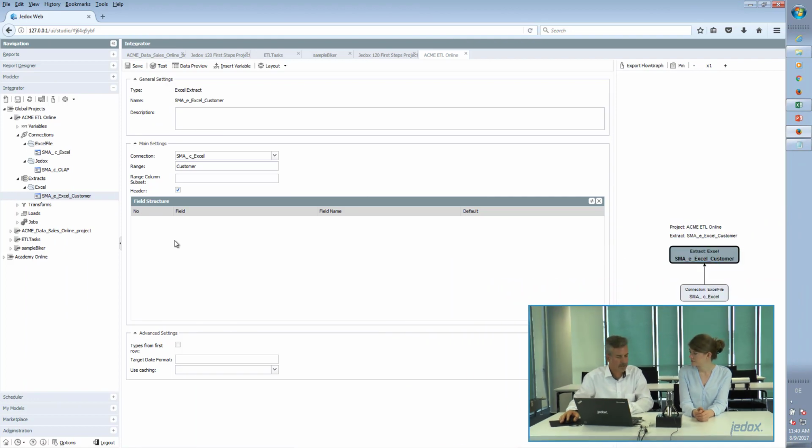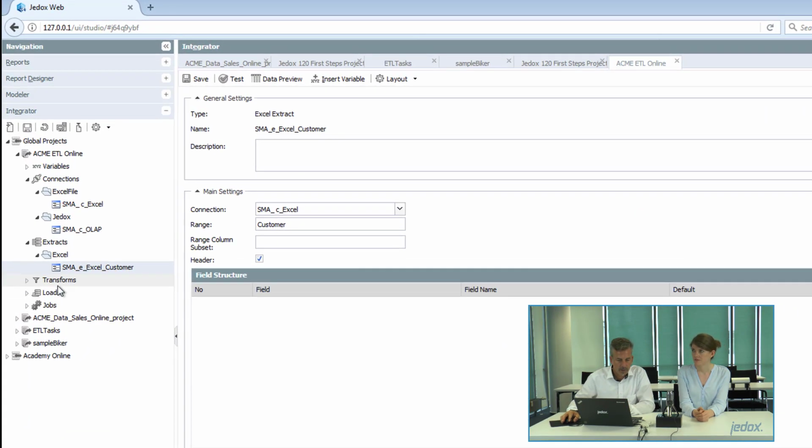So the next step would be to create a transform that is able to take specific columns and reorganize them in a way that later a load is able to identify the data as a tree, for example to build a dimension hierarchy. Yeah. So when I go to transforms, it's more or less the same steps: right mouse click, we create a